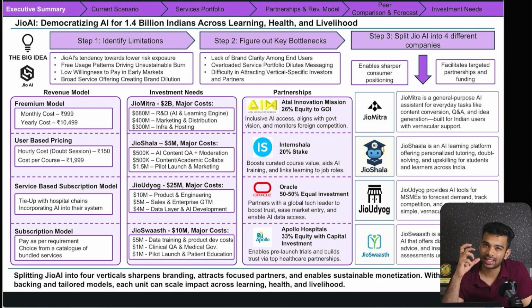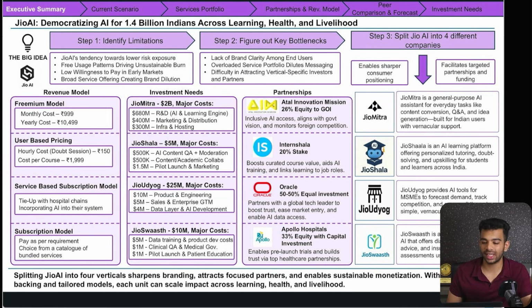We have summarized everything in this particular slide: our whole solution, the problem, partnerships, investment needs, revenue model, and so on. This is where the most effort went in. So this, again, you can notice the title, conclusion slide, the organization, the formatting. Formatting is very important. Formatting meaning the alignment of different boxes, how your slide looks.